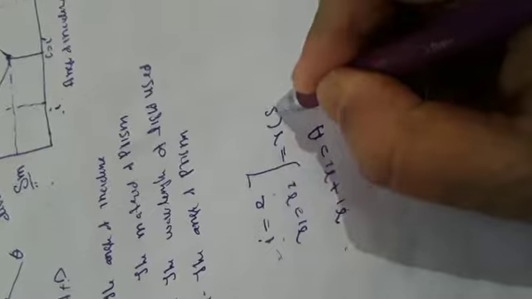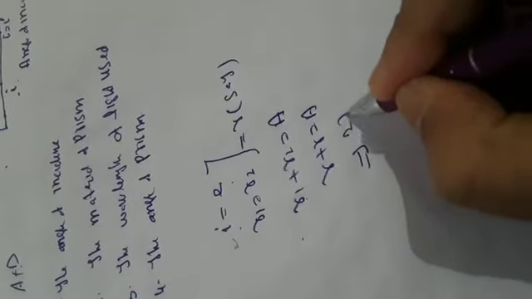We have already shown that R1 plus R2 is equal to A in the previous class. That means R1 is equal to R2, say equal to R, because they are equal in value. That means R plus R is equal to A, which implies 2R is equal to A, so R is equal to A by 2.